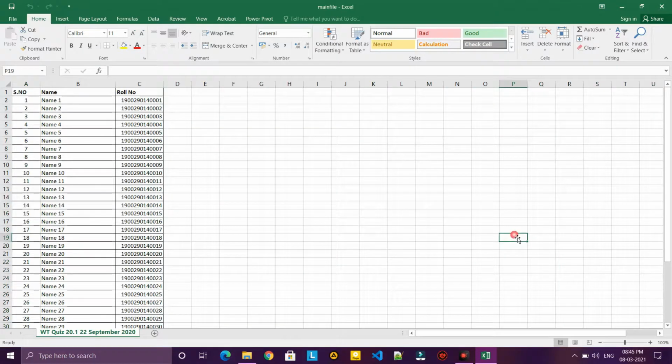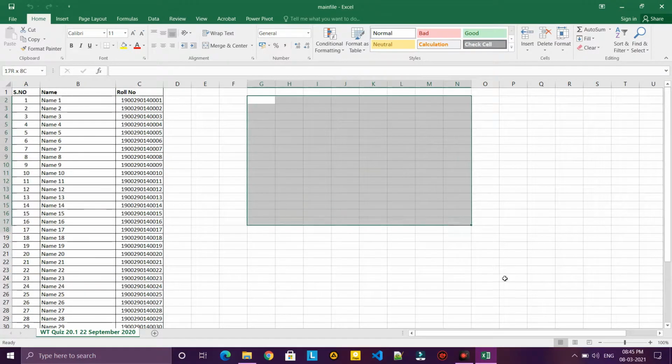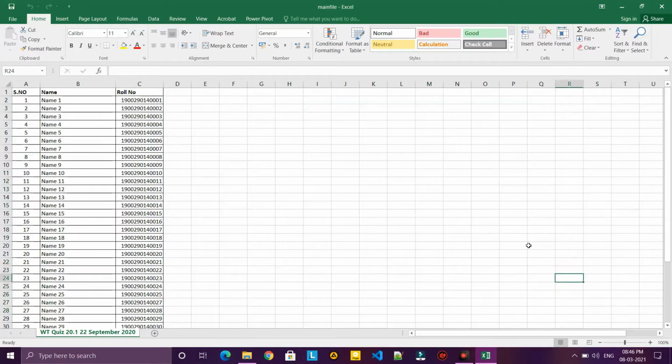So this is the behavior of the VLOOKUP command, but VLOOKUP has some limitations. In VLOOKUP we have to copy and paste all the files here one by one, and then apply the VLOOKUP. And VLOOKUP applies in only one way, by roll number. If the roll number is found, then it will merge the information. If the roll number is not found, then it will leave the information.